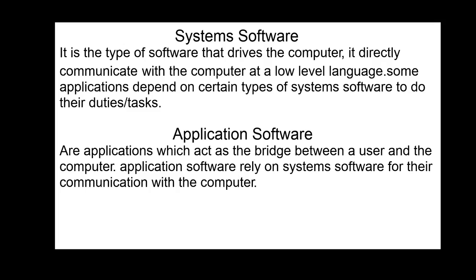So when you write a set of instructions for a computer to execute in any programming language, those sets of instructions would be compiled, or during the execution of those sets of instructions, there would be a conversion